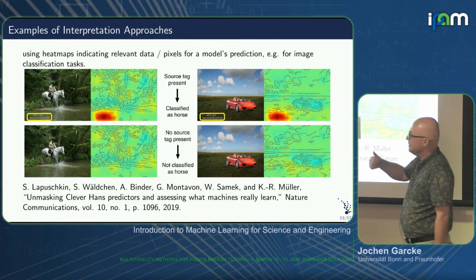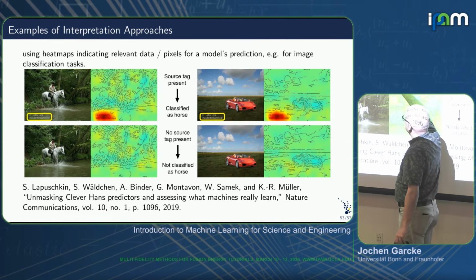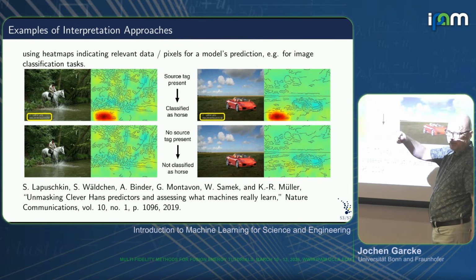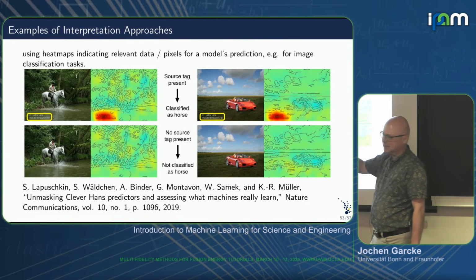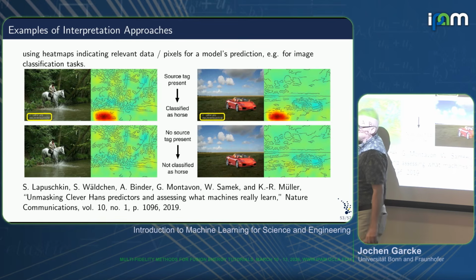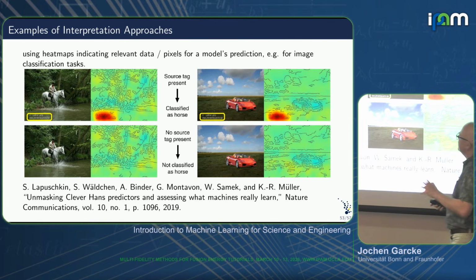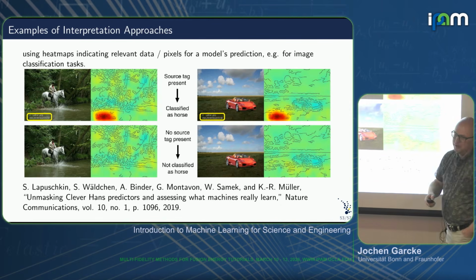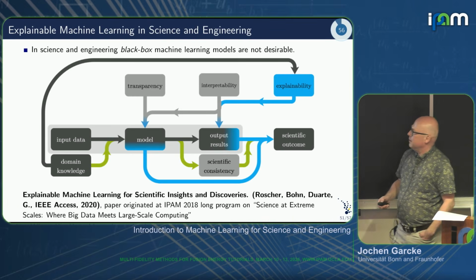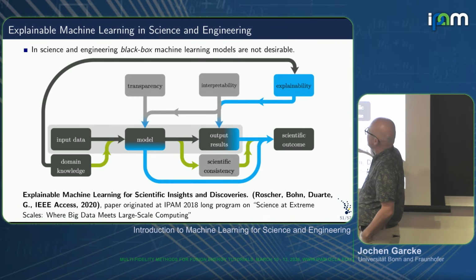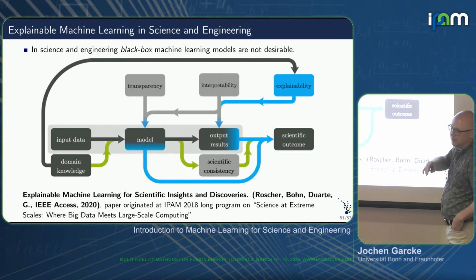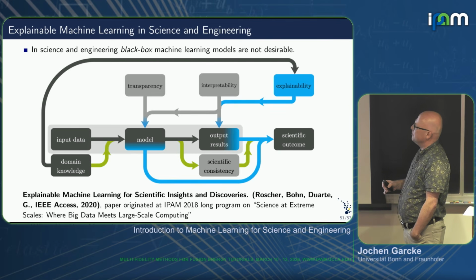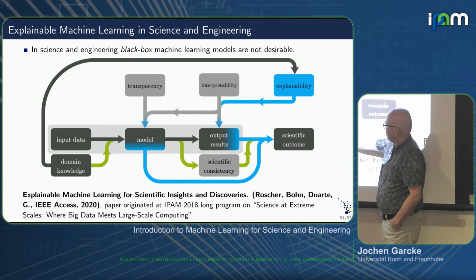So the interpretation is this thing here, and the explanation is that it's a watermark. But the interpretation method doesn't tell me it's a watermark. We as humans realize that the interpretation tells us the watermark is responsible. So this is the difference I'm after. And here finally, even if you put it on a Porsche car, you get a horse picture. We think this is important in scientific aspects: if you want scientific discovery and insights, you need to vary explainability and also scientific consistency.